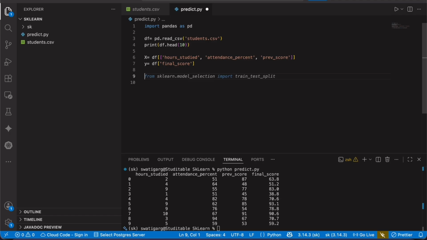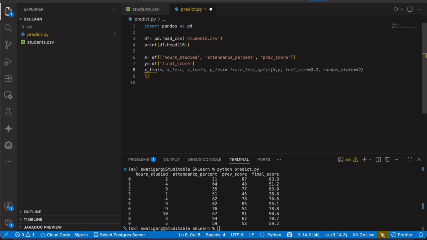Okay, so moving on. Now that we have split the data sets into x and y, we'll use the variables x_train, x_test, y_train and y_test. What it does, we'll see in a minute.